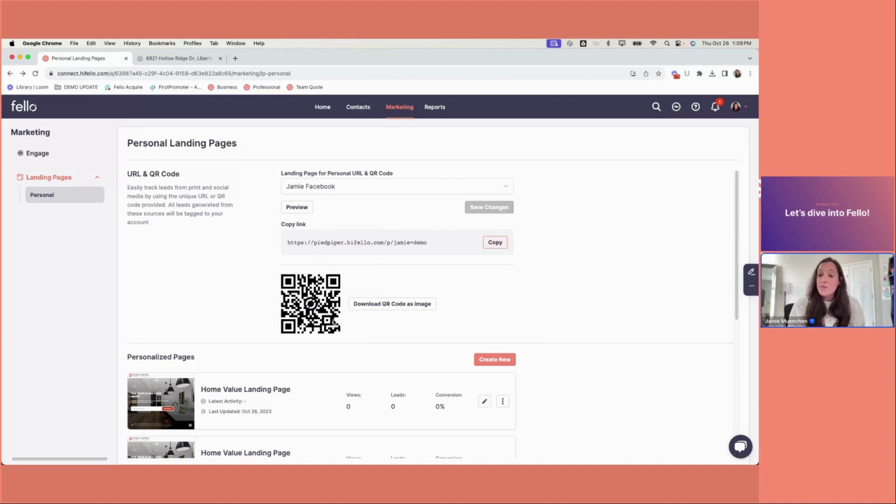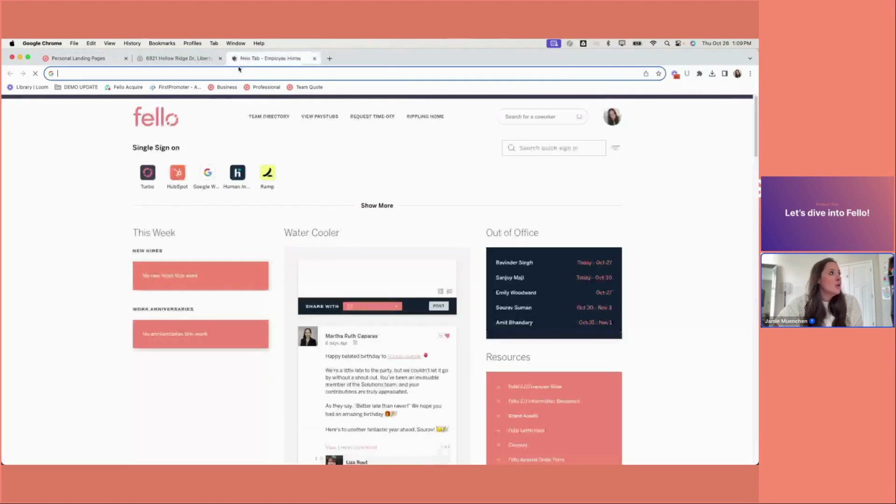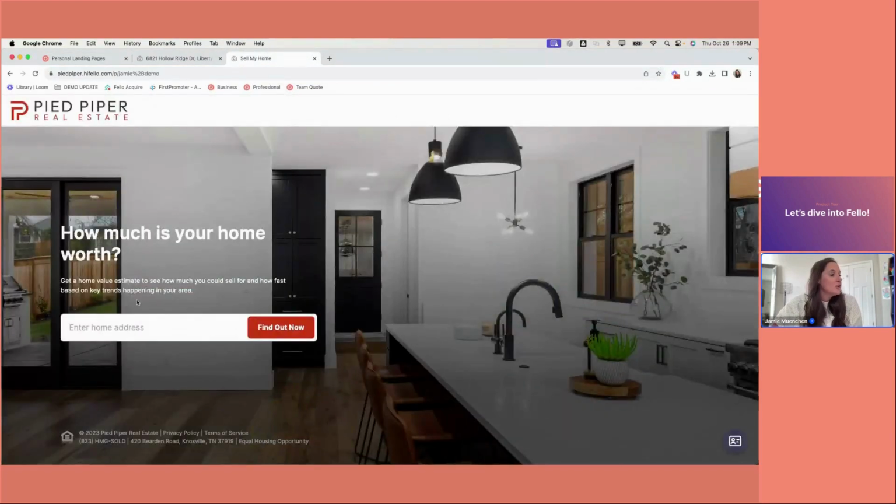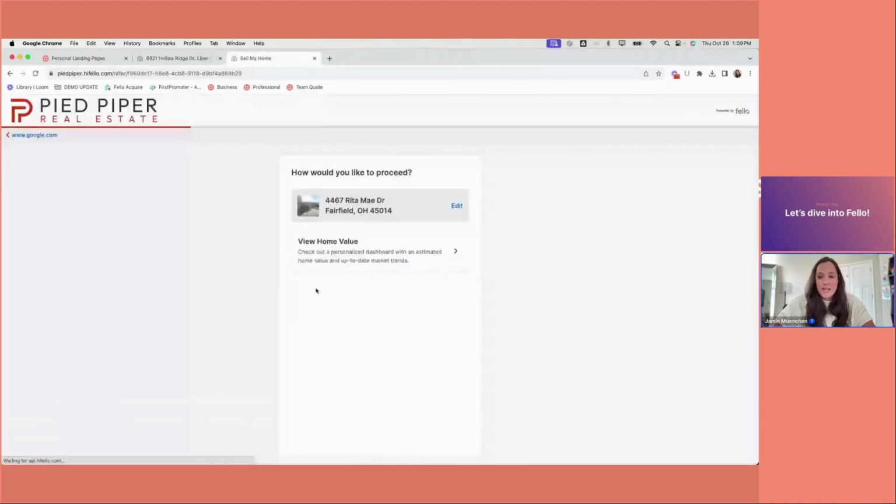So those are just some of a few ways that our teams are utilizing those in an impactful manner to grow their agent spheres. Now, I just want to show you what the journey specifically looks like. When someone scans your QR code or your PURL, they're going to come to this home value landing page that I created. There, they'll want to enter their address, and they'll be prompted with the journey that they'll be taking,